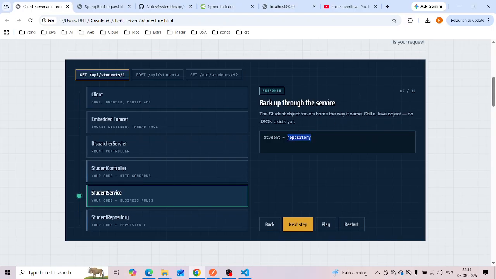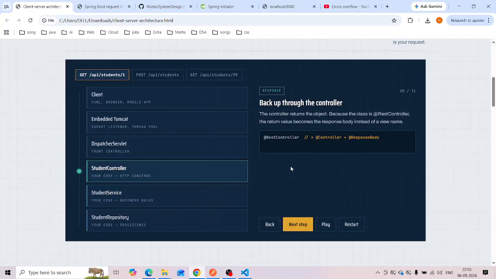Next it is going to the controller. The controller returns the object because the class is a RestController, so the return value becomes the response body instead of a view name. RestController is the combination of Controller plus ResponseBody.